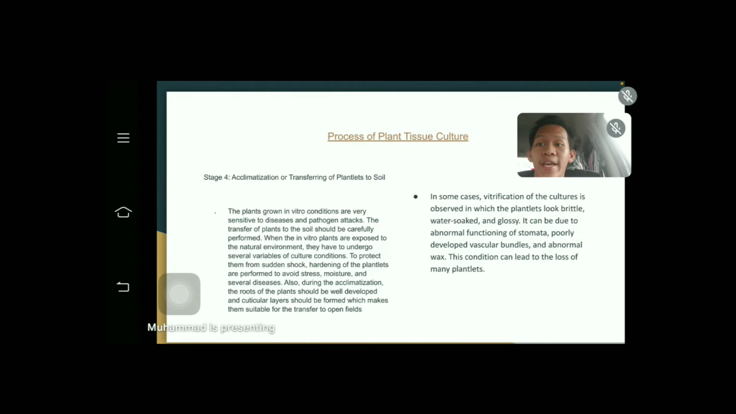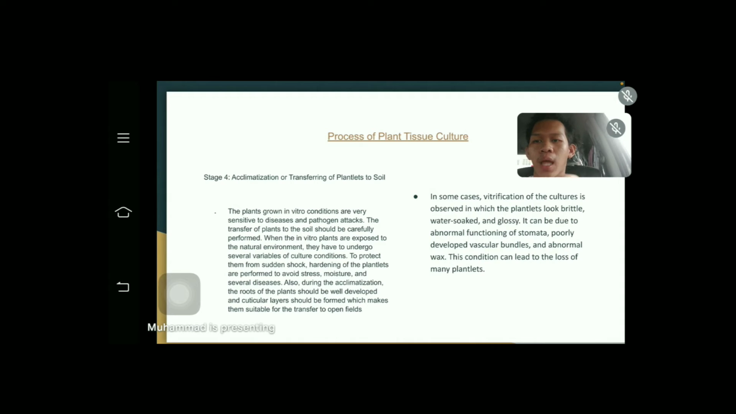And the last stage is acclimatization, transferring a plant to soil. The plants grown in in vitro conditions are very sensitive to disease and pathogen attack. The transfer of the plant to the soil should be carefully performed. When the in vitro plants are exposed to the natural environment, they have to